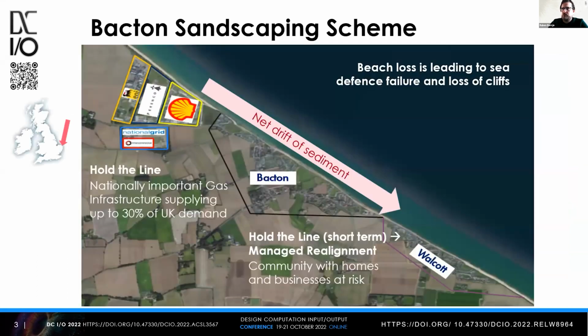So this digital twin was built for the Bacton Sandscaping scheme. That is a coastal management scheme along the North Norfolk coastline, at the location of Bacton. Bacton has a gas terminal that is critically important for the gas supply to the UK. 30% of the UK demand comes in by Bacton, and therefore, if something were to happen to that terminal, that would cause big problems. This coastline, which is cliffed where the terminal is